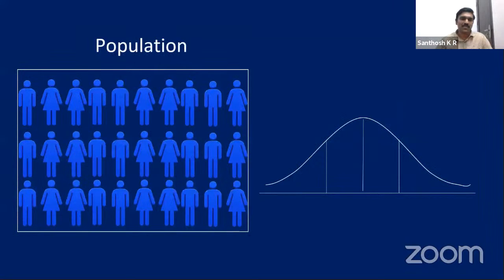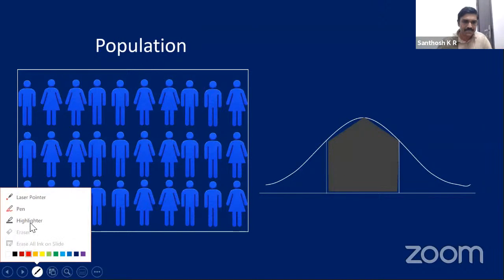See, this is a curve. You remember the curve which we talked about. If we draw a curve on a measurement of a population, the curve will look like this. This is an ideal curve. We think that almost all the population is like this. For instance, if we are collecting the IQ scores of the people in Delhi, then the majority of the people will come towards this position.